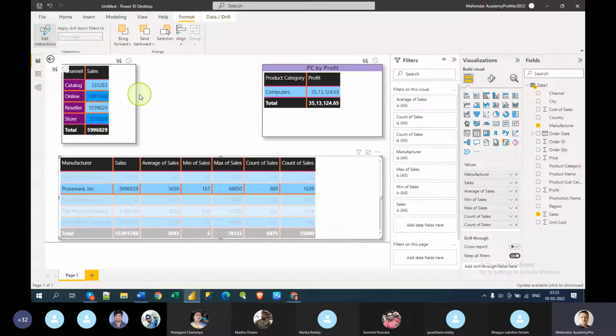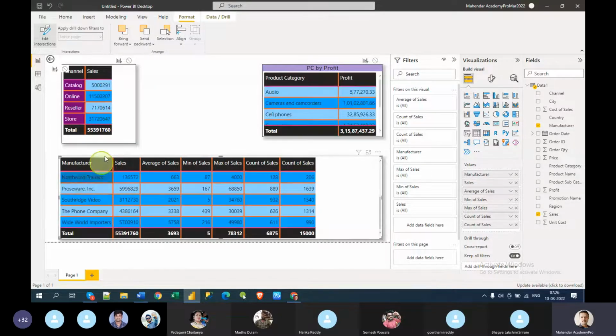But by default, any visual that you take will have two options, filter and none. Where is it available? Under format, edit interaction. Edit interaction is the concept, and that is very important. Now if you make it none, this won't.